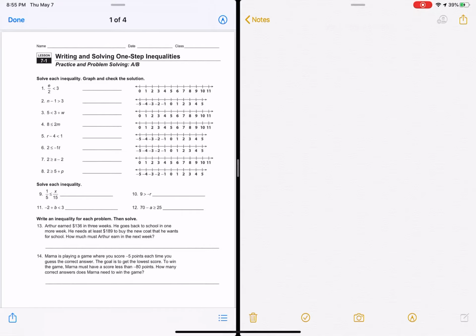This is for 7th grade. This is the workbook page for 7.1 on writing and solving one-step inequalities. I'm going to do all my work on the right, just write the answers on the left. So starting with number 1,